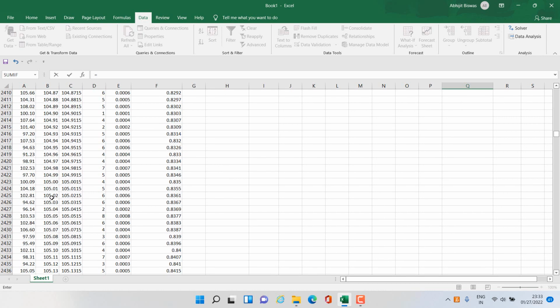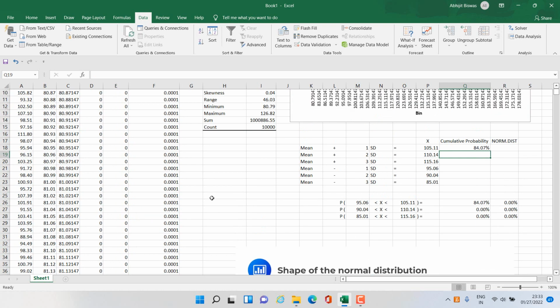Here is 105.11 and the corresponding cumulative probability is 0.8407. So let us say that. Okay, so we have got the cumulative probability corresponding to a bin value of 105.11. Next we'll find out the cumulative probability corresponding to